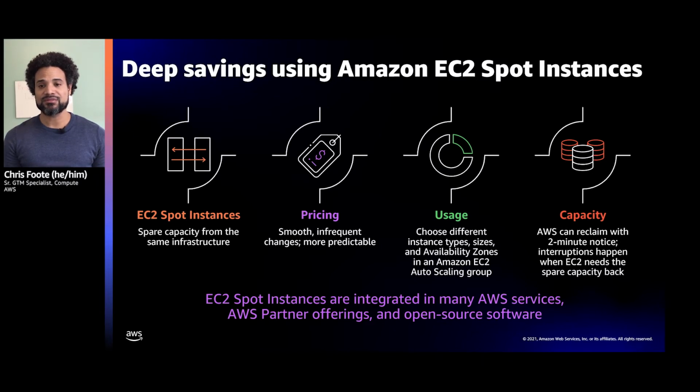In addition to all of these notions, you're thinking, okay, well, I don't have to make a commitment, and I get a very aggressive discount. Are there any nuances I need to be aware of? And the thing with Spot is AWS can reclaim Spot instances for on-demand when on-demand needs that capacity back. When EC2 needs to reclaim that capacity, we call it a spot interruption.